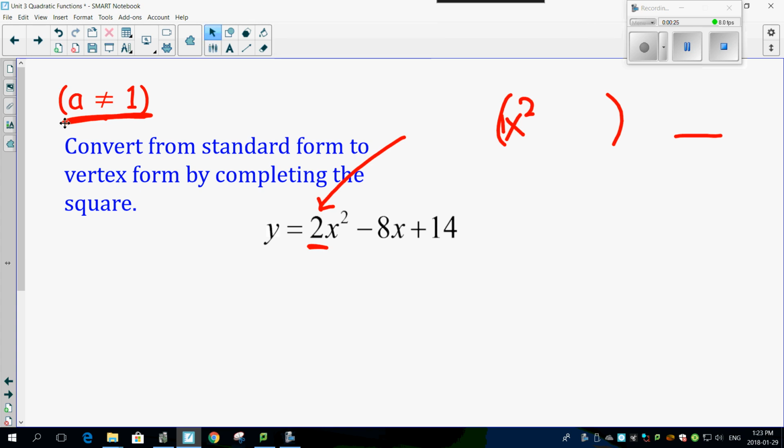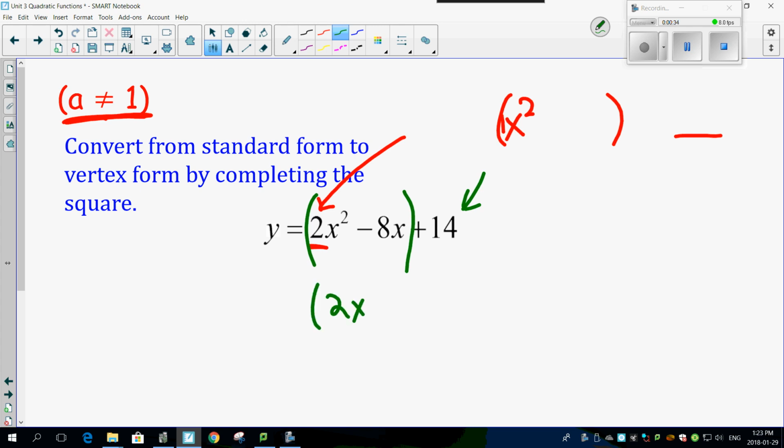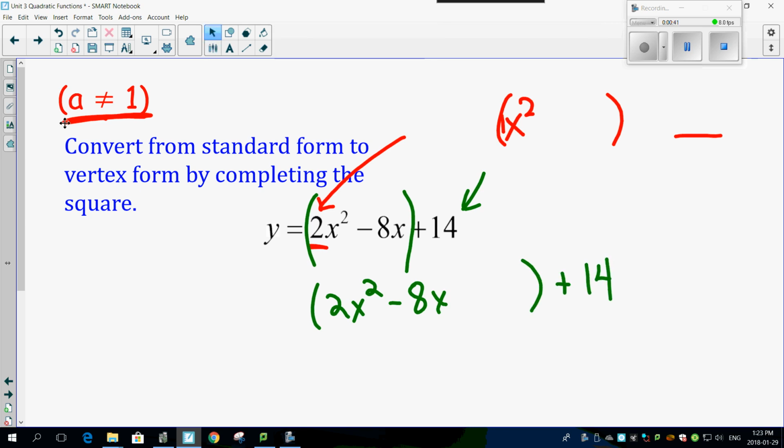Well, simple, same as before. You know that this is the one that's not going to cooperate. So throw it out just like before. So you're going to get 2x squared minus 8x, and then the 14 on the outside, right? Now, here's the cool thing. You can always